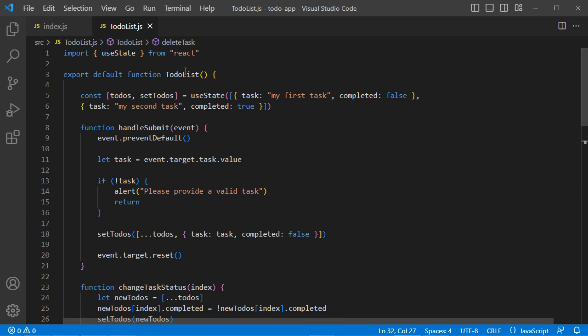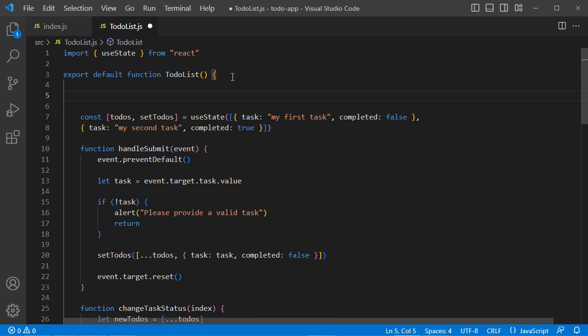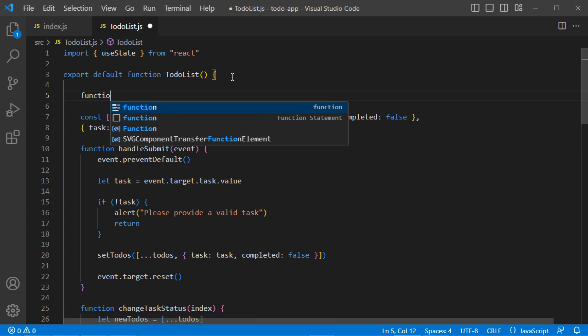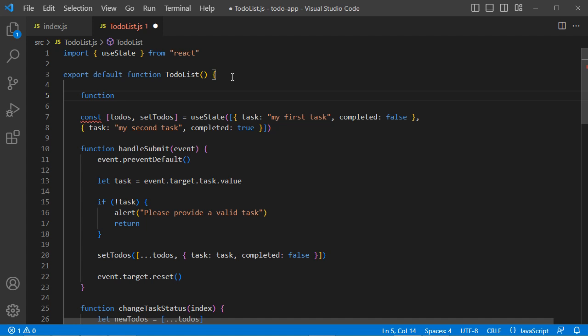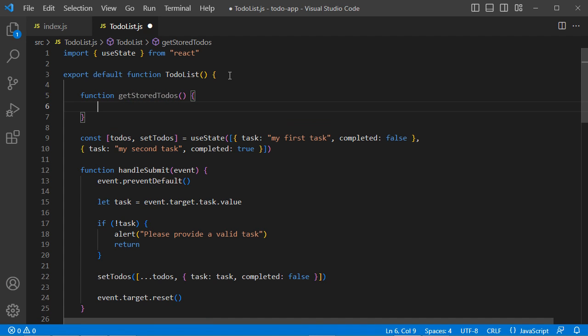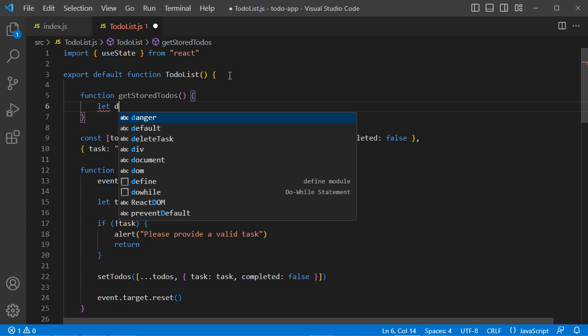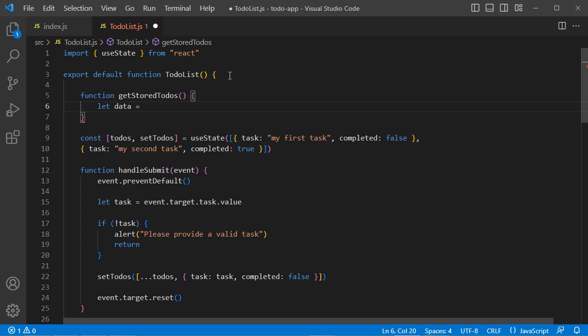So when we render the component for the first time, we need to initialize this array from the local storage. So here let's create a new function. Let's call it getStoredToDos. Then let's read the data from the local storage. So let's create a variable, let's call it data, and it is equal to